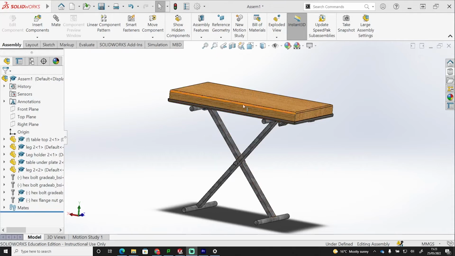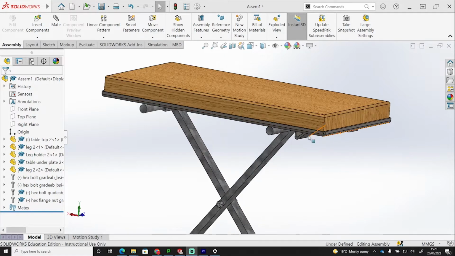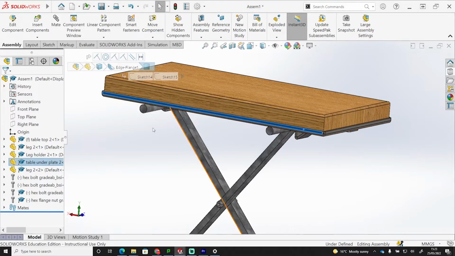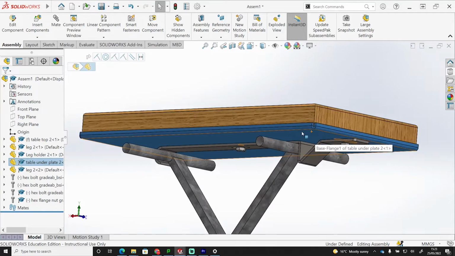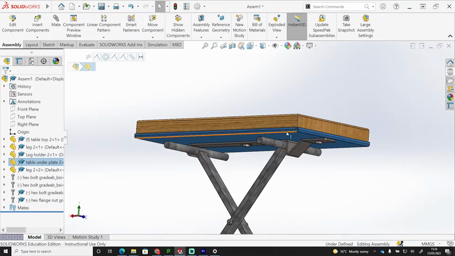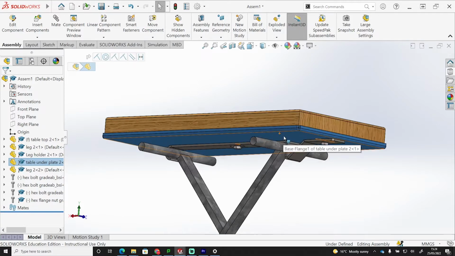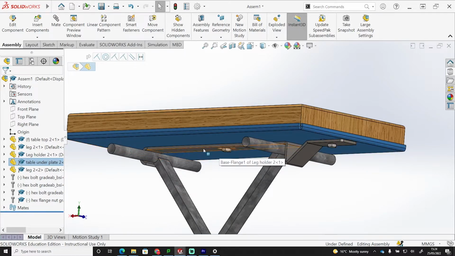Okay, so in the last video, we had a look at how we could do this top table here. So we modeled that up. In this next video now, we are going to have a look at how we create this underplate here, this blue section that we've just highlighted. And we're going to have a look at how we have a go around making that in sheet metal. So it's going to be something new. And we are going to put in the holes and the gaps for the bolts going through and how we